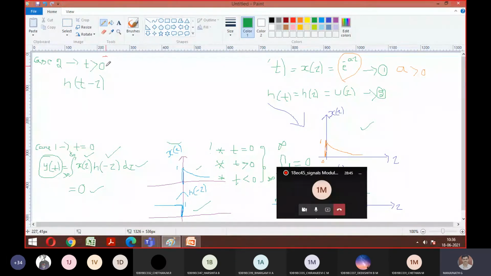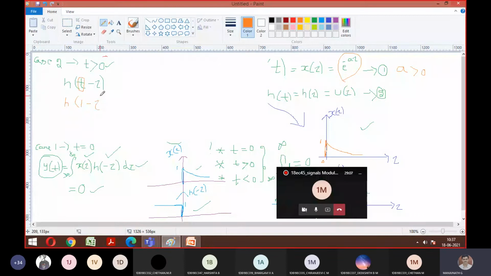Now the logic is I need to apply t greater than 0. What should we choose now? I should choose the values of t as positives 1, 2, 3, and so on till infinity. Assume that I want to plot h of 1 minus tau. If I give t equal to 0, it's the same as what we did earlier. So let's go with t equal to 1.